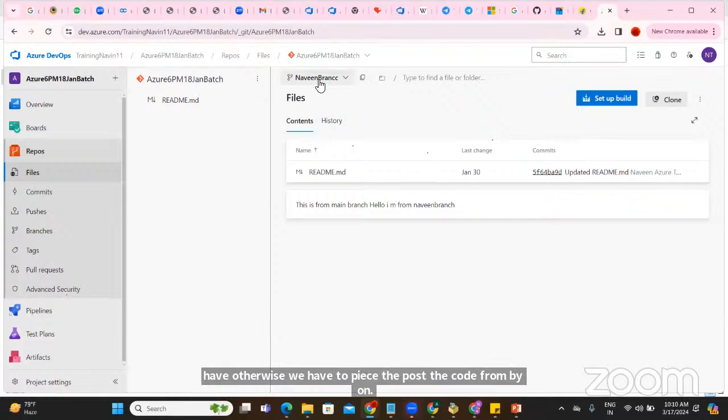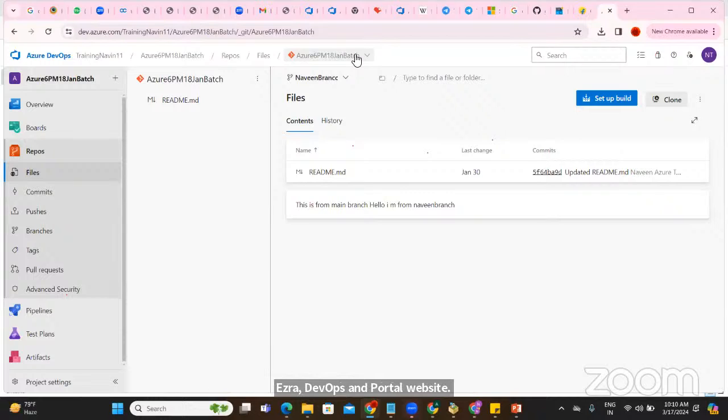Ahmad, if you try to understand the difference between Azure DevOps and the portal website: Azure DevOps will support you with the coding. This coding part will go to Azure DevOps and the deployment would be done by Azure DevOps. Whereas the portal gives you support for website creation, website holding, website development, website maintenance, everything done by your portal only.